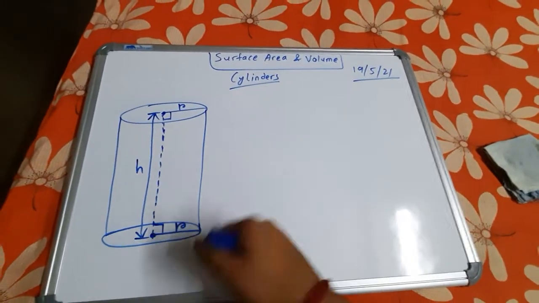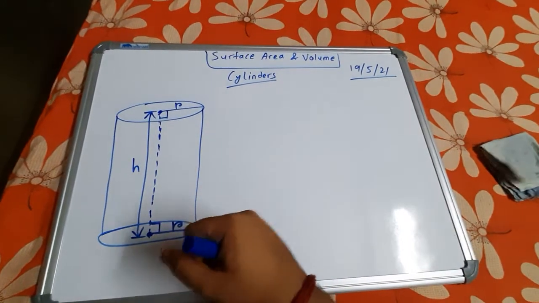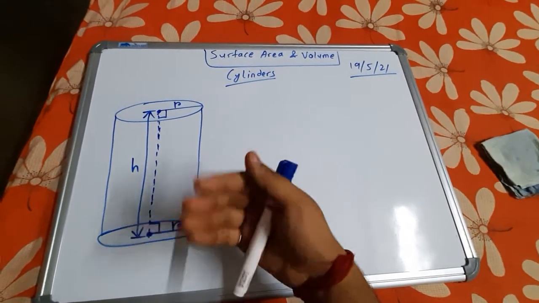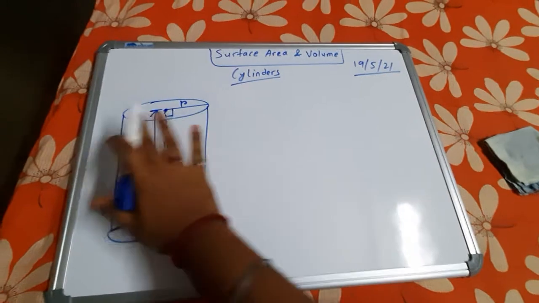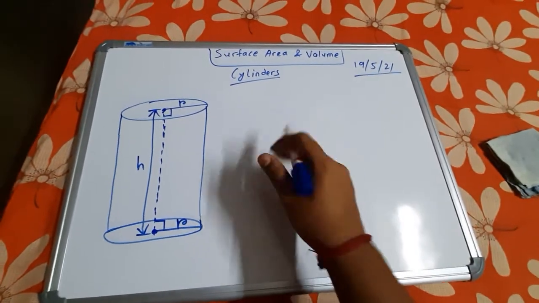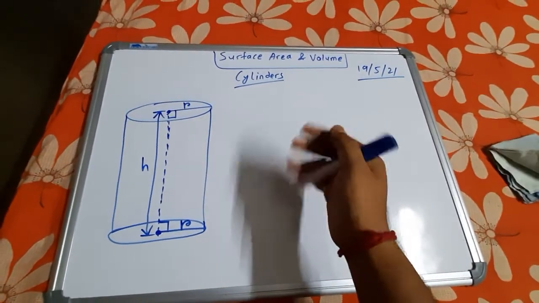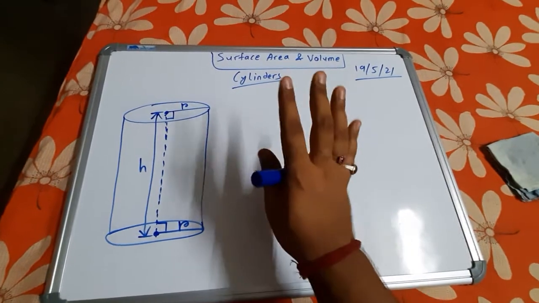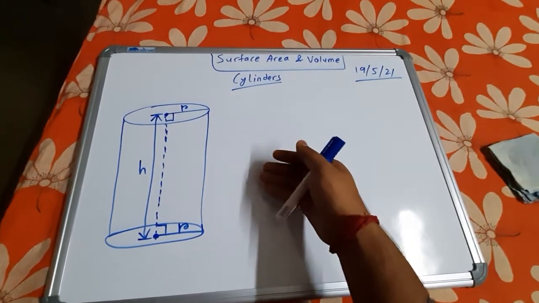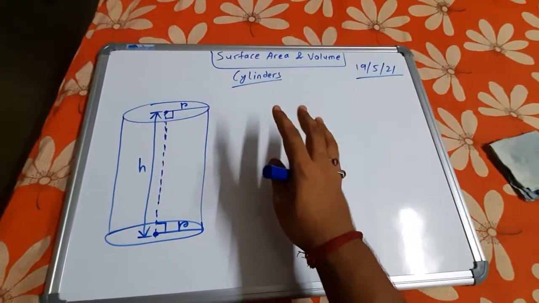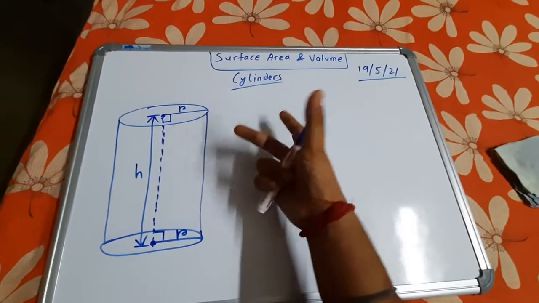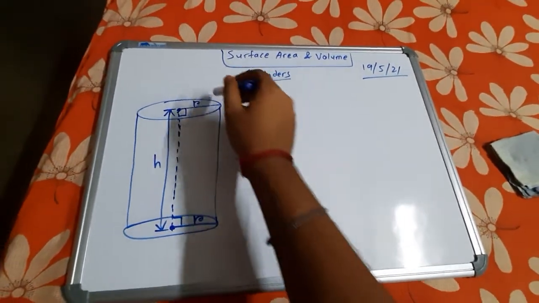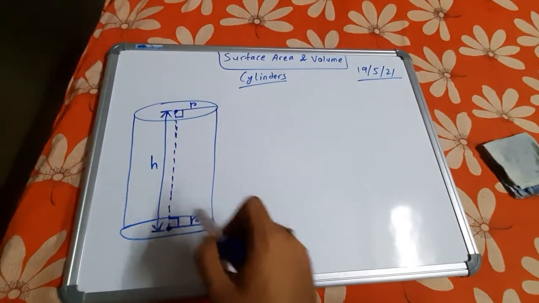Now the cylinder has some properties. You all can imagine a cylinder. I can't draw a cylinder that well because this board is a 2D plane, but a cylinder is a 3D figure, and I can't represent a 3D figure on a 2D plane. So you have to imagine a cylinder for that. The cylinder has two circles, one on its top, another on its bottom.